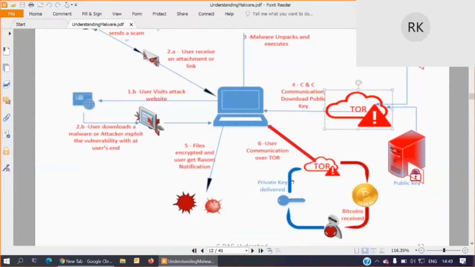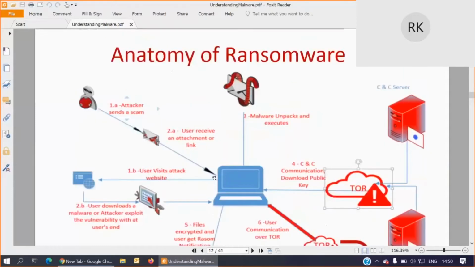So if you store some important information which cannot be deleted, then in that case you need to pay some ransom to the attacker and get the secret key for the decryption. Then only will you get access to your files. Otherwise you will be losing all your files. Losing in terms of visibility, because the files will still be available in your system, but you will not be able to open them or view their contents. Right? So this is the typical anatomy of ransomware.